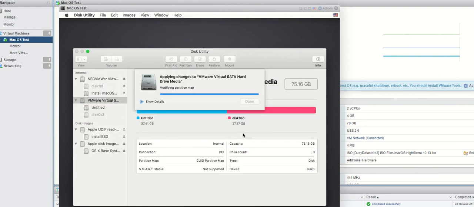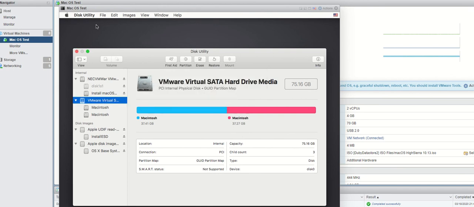Fingers crossed it'll just give us a green check. We're done. Now, if we quit disk utility